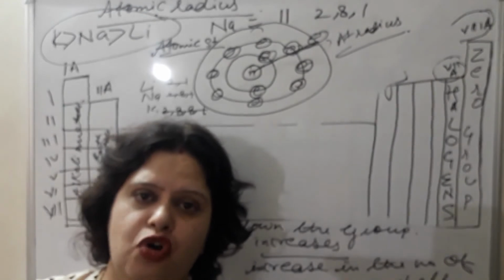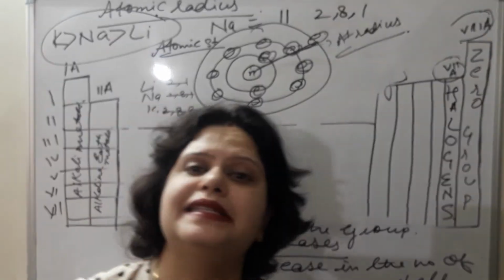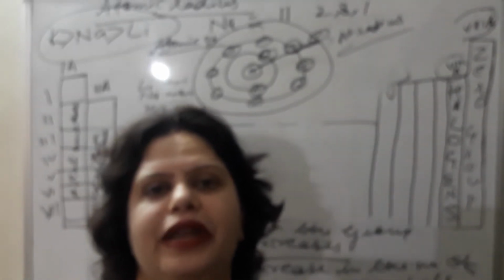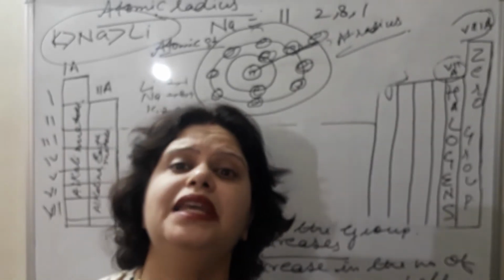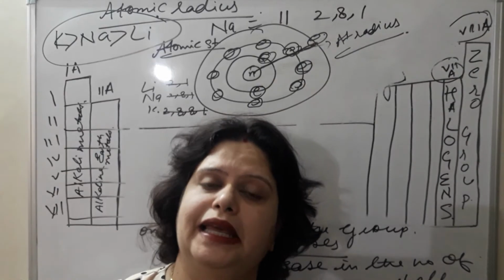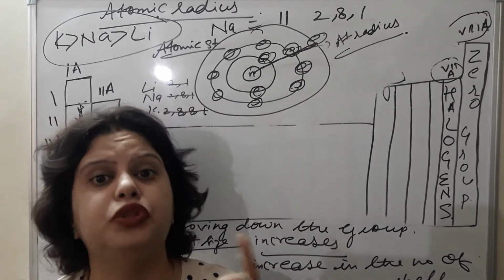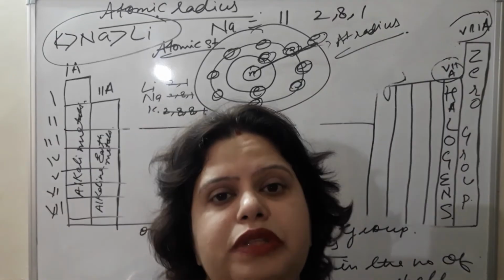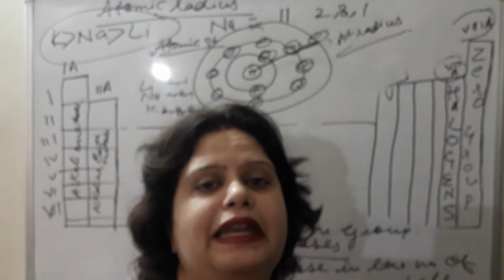See, what is reactivity? The ease with which an atom loses its electron to get stable, or gains an electron to get stable, with a very lesser amount of energy, is known as reactivity. कोई भी एलिमेंट चाहे मेटल है या नॉन मेटल है, कितनी आसानी से इलेक्ट्रॉन को लूज करता है अगर मेटल है, गेन या शेयर करता है अगर नॉन मेटल है, विद वेरी लेसर अमाउंट ऑफ एनर्जी, दैट इज इट्स रिएक्टिविटी, वो उतना ही ज्यादा रिएक्टिव है. So that's why potassium is more reactive than sodium and sodium further more reactive than lithium.